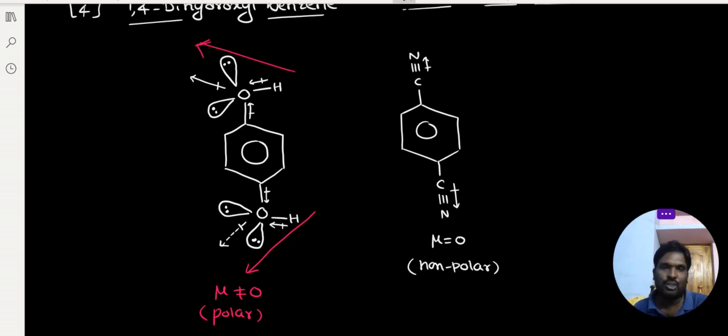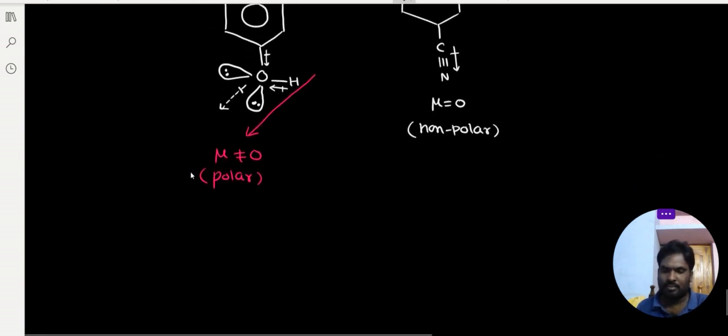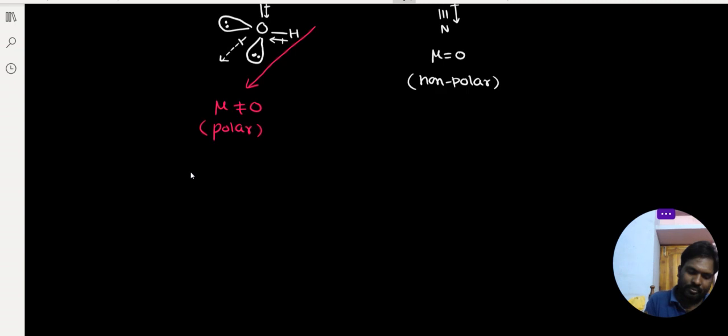Very, very important application it is. 1,4-dihydroxyl benzene, mu not equal to 0. 1,4-dicyanobenzene, mu equal to 0. Understood everyone? Yes. Now coming to fifth application: ortho dichlorobenzene,